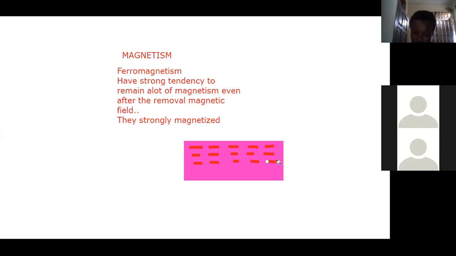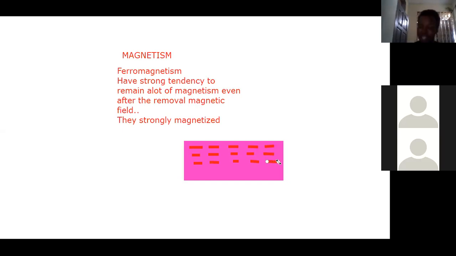So they are almost opposite to the ferromagnetic substances. The magnetism exhibited by these substances is called diamagnetism, and every substance that exhibits this magnetic type is termed a diamagnetic substance.